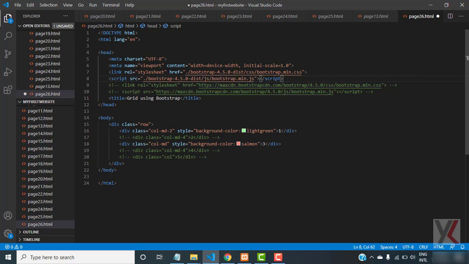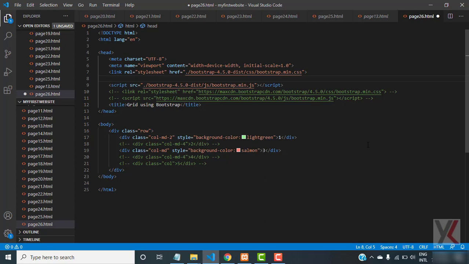Suppose you want to use a CDN, you can use this CDN here. Script src equals to this CDN. You can get it from W3Schools or from the Bootstrap site. If you want to use JS in your HTML page, you can use this CDN link, or you can use this path. So when we are using JavaScript, we first have to insert jQuery into our HTML page,